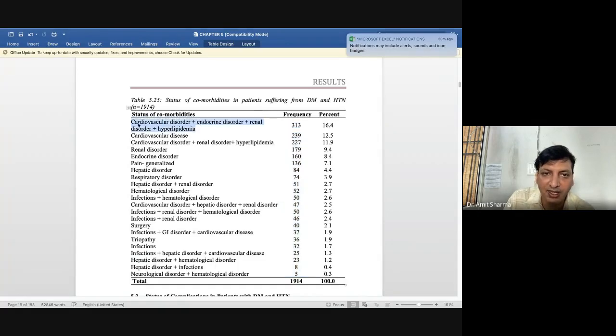Now I can say that cardiovascular disorder, endocrine disorder, renal disorder and hyperlipidemia were the most common comorbidities amongst the diabetes and hypertensive patients, followed by cardiovascular and renal disorders, like this.